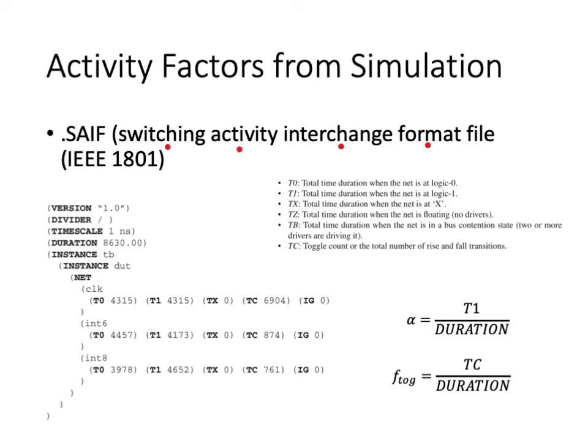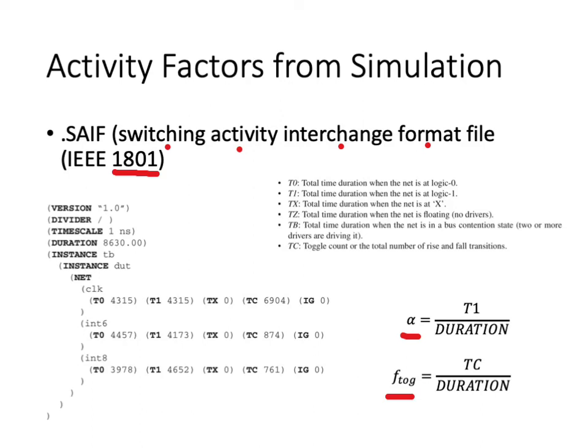And this SAIF file is generated from the .vcd file by the tools, but it gives a more summarized form of the activity. That is, you can find information that will let you derive the static probability activity directly and the toggle rate directly for each and every net. So the .SAIF file is an IEEE standard, specifically IEEE 1801, and this is the approximate format where the